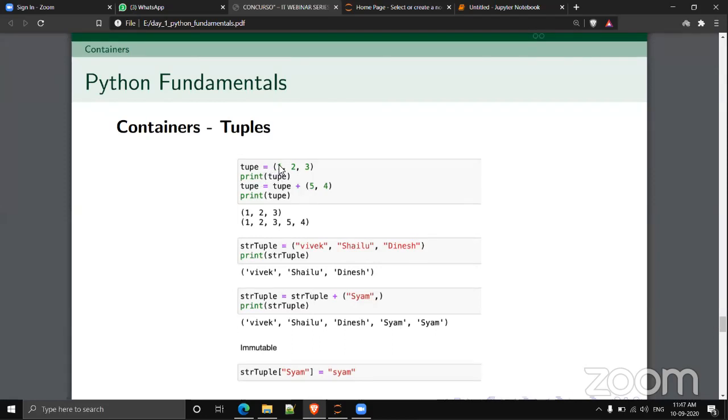Tuple tu is equal to round bracket 1 comma 2 comma 3. And simply we can use this plus operation to append a new tuple to an existing tuple. You can see the same example. And one of the major differences between the tuple and the list is that list is actually a mutable kind